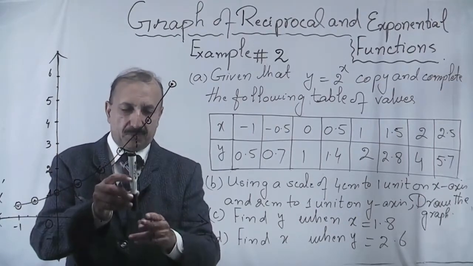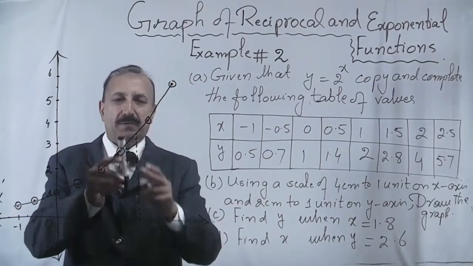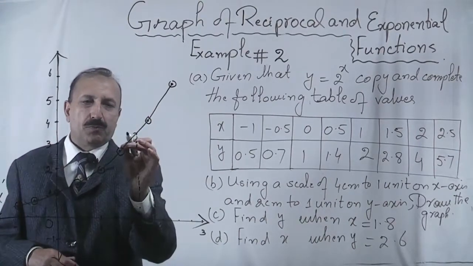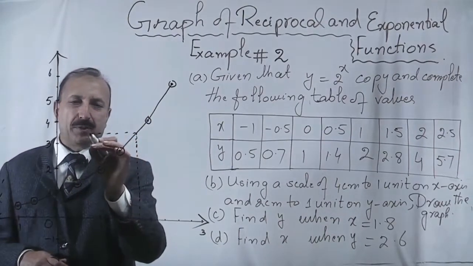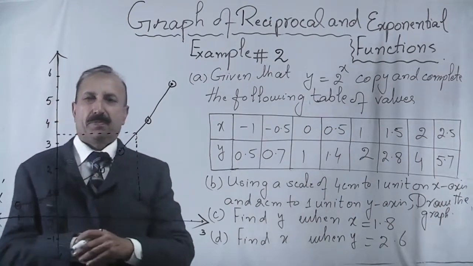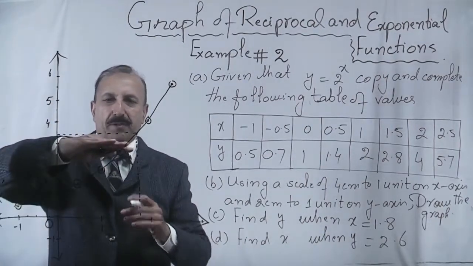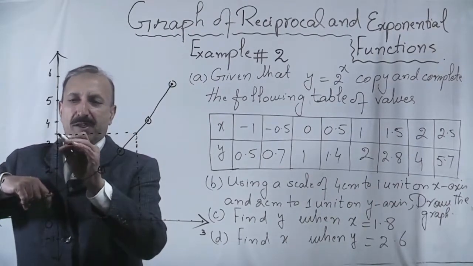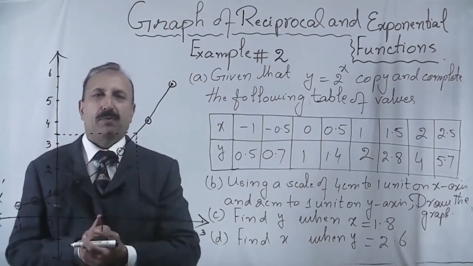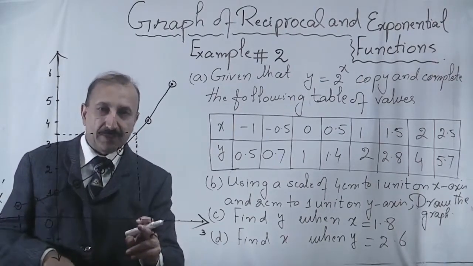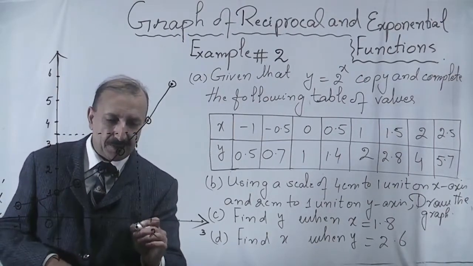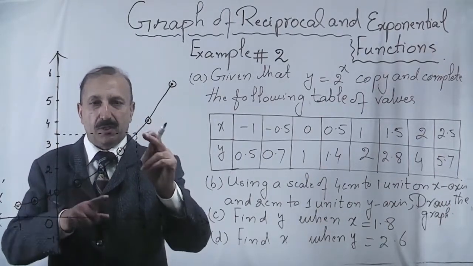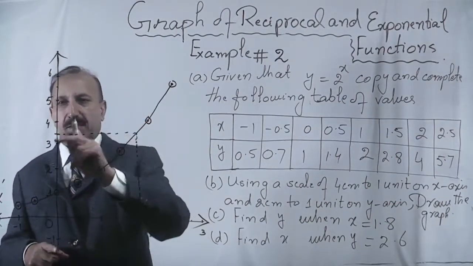Put your ruler here, draw this dotted line up to here. When this line intersects this curve, from here you need to move again with the help of a ruler towards the y-axis. Put your ruler here and draw this dotted line to reach the y-axis. This will give the value of y. When x is 1.8, this is 1.8 here. Against this, we move towards the curve, and when it intersects, move towards the y-axis, and you will get the value of